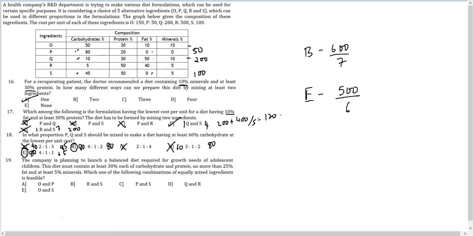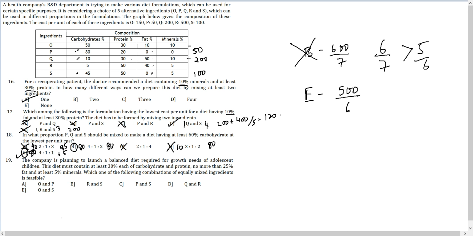You simply have to identify which of these two values is lower. See, 100 is same. 6 by 7 is greater than 5 by 6. So this is not the answer. The answer will have to be option E. Understand, this entire set is all about averages and alligations and you being able to play around with deviations rather than you engaging in proper detailed calculations.